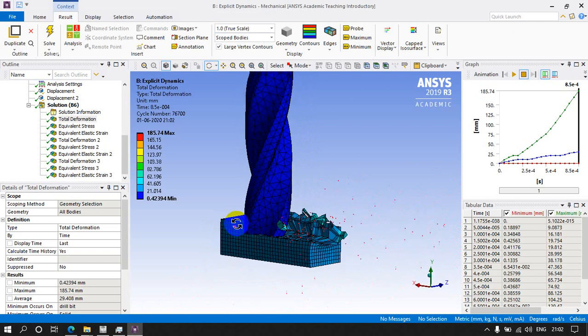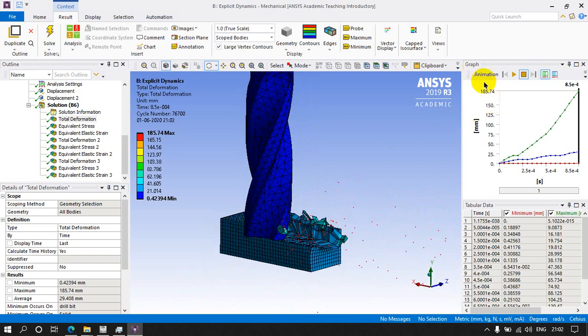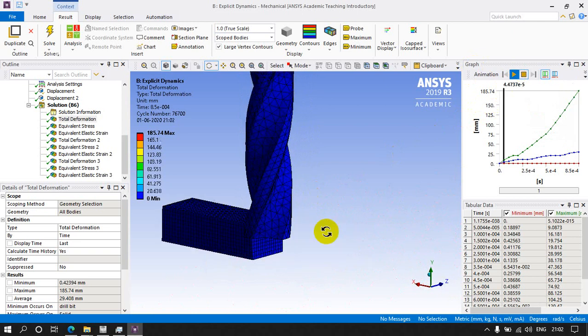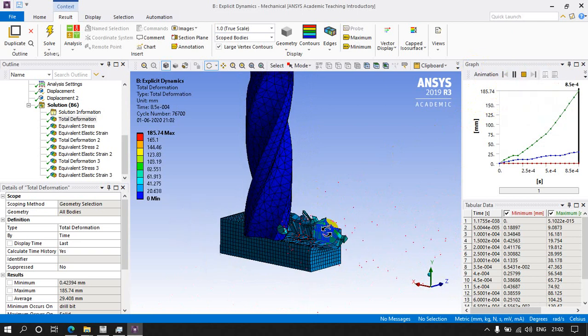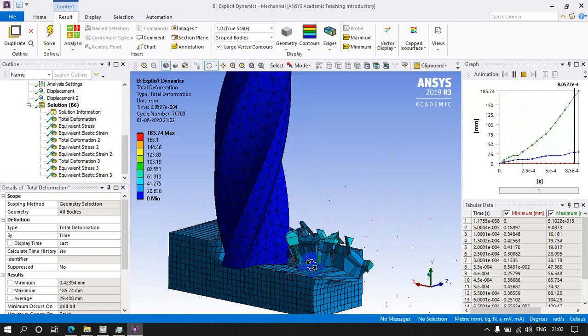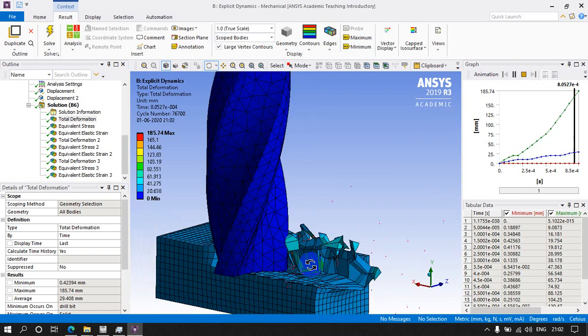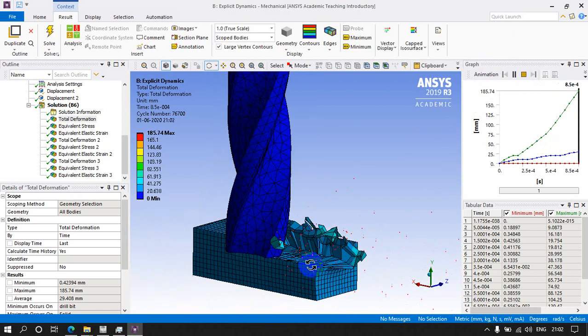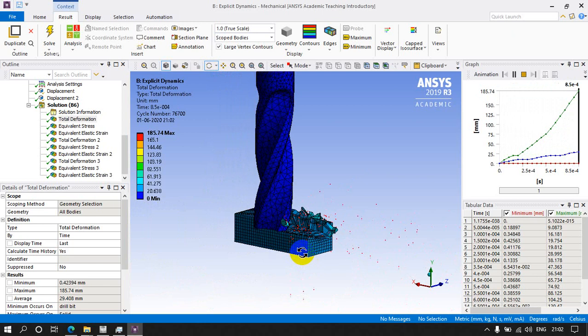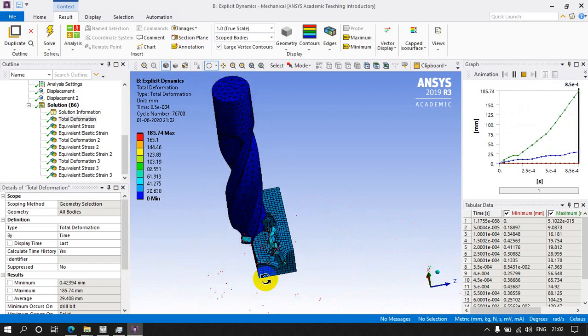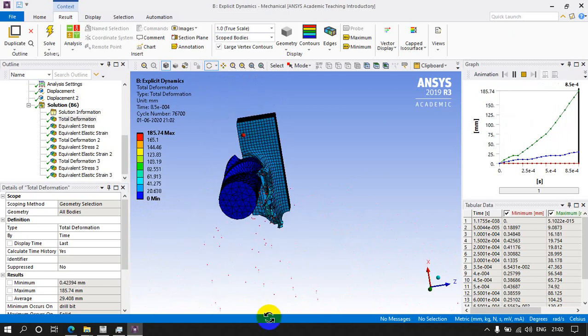I'm going to click the graph play button here, so that we can see the animation of the drill bit. That means I have to create a perfect drill bit as per the calculations, but it's quite okay.